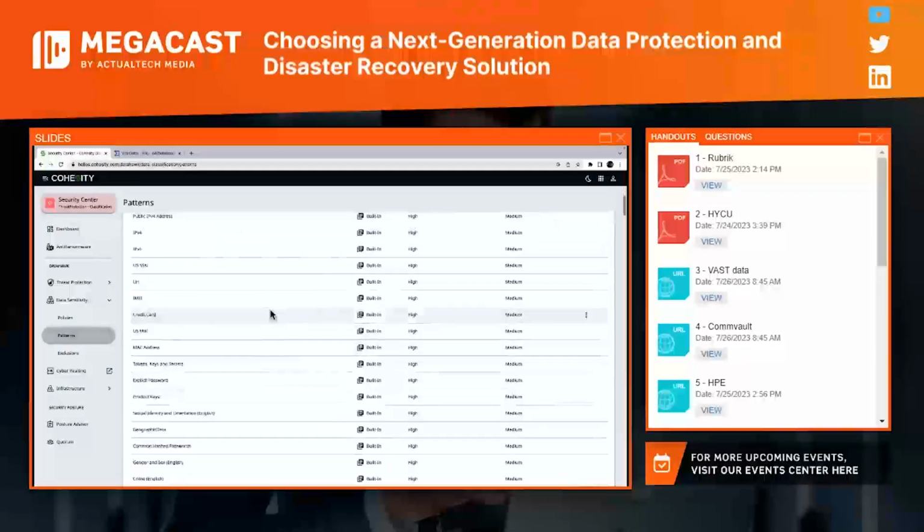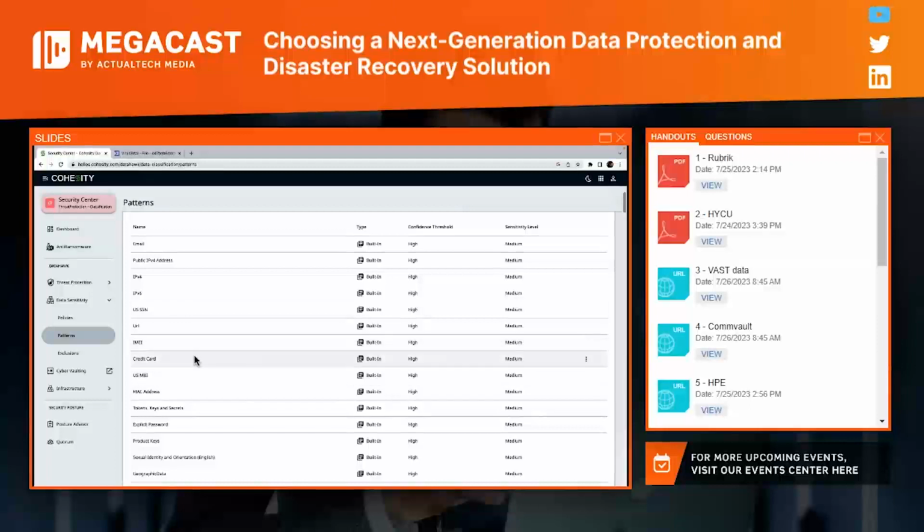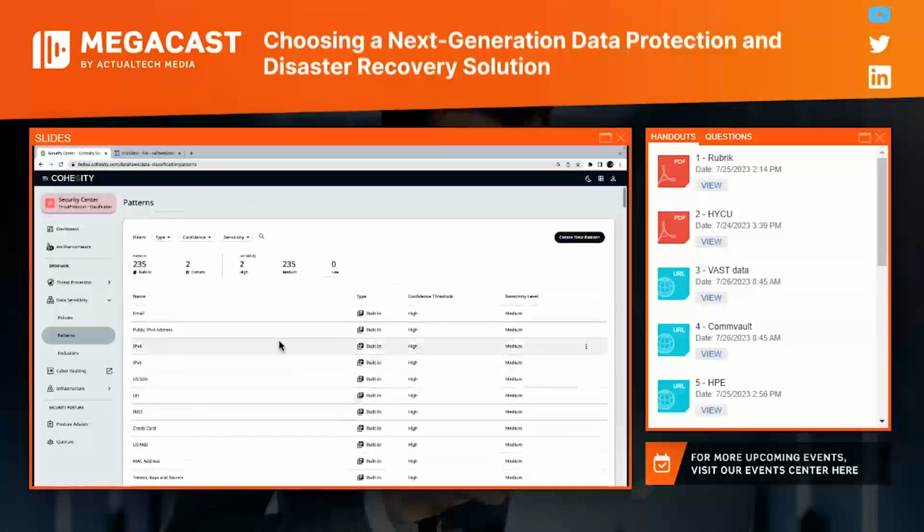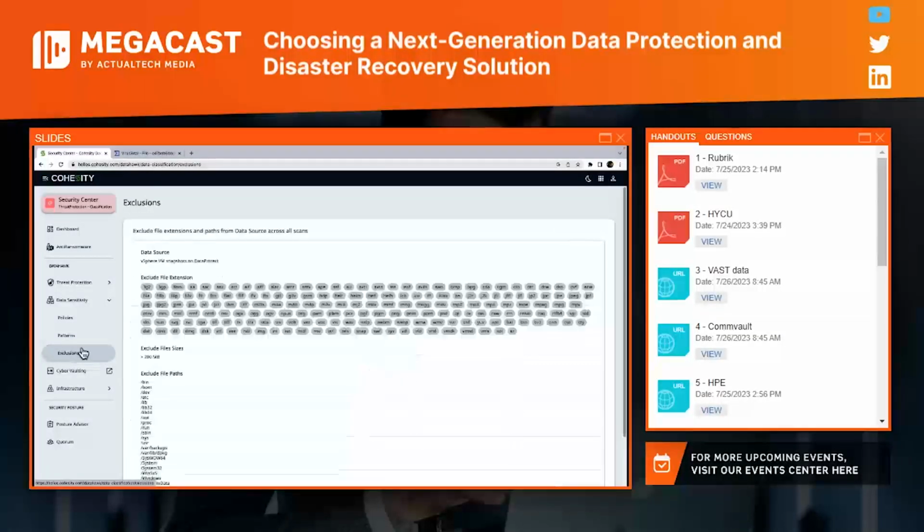You'll see that we have a lot of predefined patterns which come included with the DataHawk solution, but you also have the ability to create your own. And if there are any files that you need to exclude, you can also exclude that within the data sensitivity section. So just to recap, we took a look at a server with an anomalous snapshot. We also took a look at how you can use DataHawk's threat protection feature for identifying indicators of compromise. And we took a bonus look at some of the features that you get with our data classification scans.